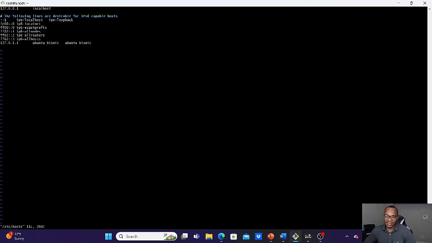VIM. Let's use your VIM to go to /etc/hosts. And you will see that we have this 127.0.0.1, and you have localhost, and you also have 127.0.1.1, and you have this. You can edit one of these, but you can also just make another line. You can just use your O to go to insert mode and to go to a